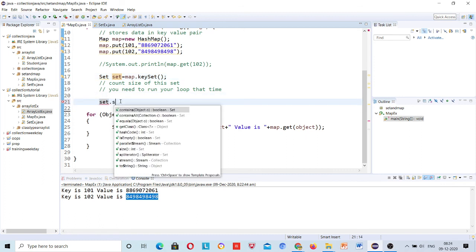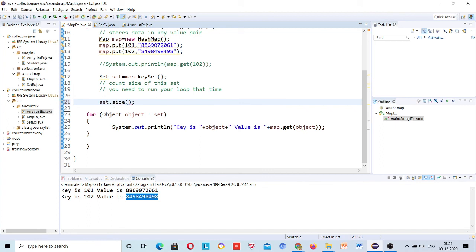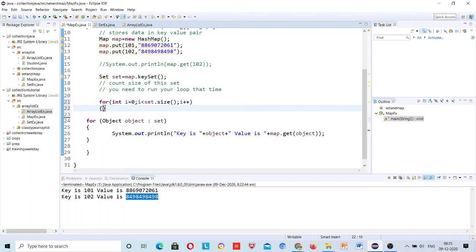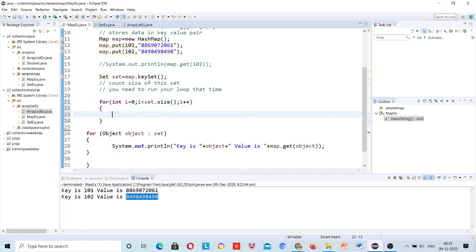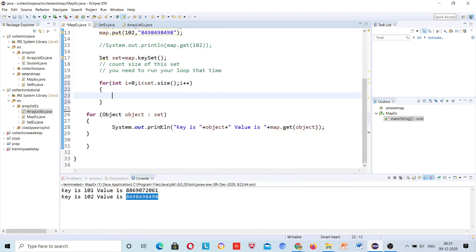You can try it on your own also, and then if I use this, int i is equal to 0, okay.